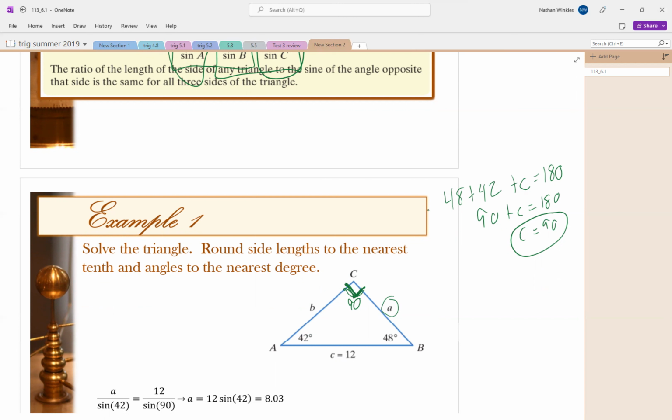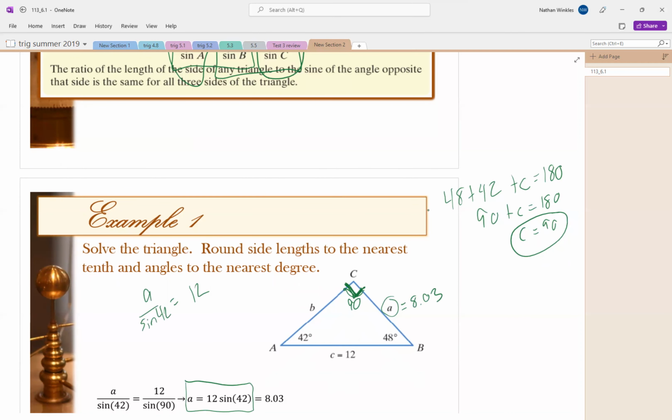So really we have a over sine 42 is equal to 12. Therefore a equals 12 times sine of 42. We type that in our calculator to find that a is equal to